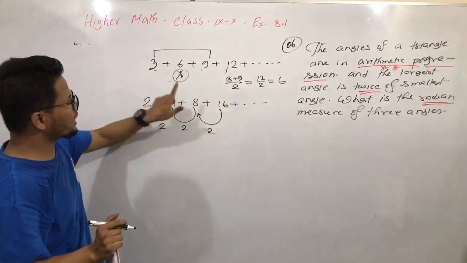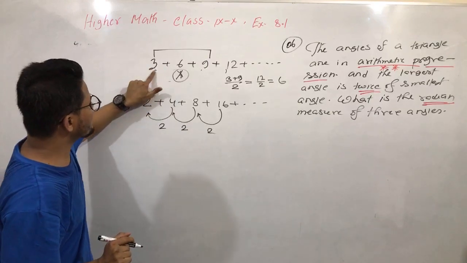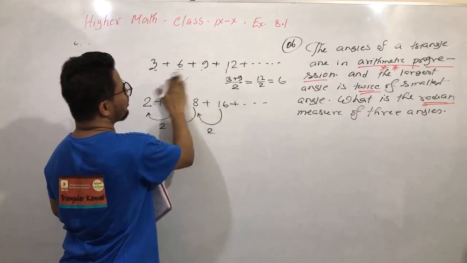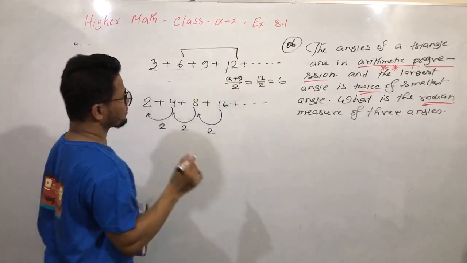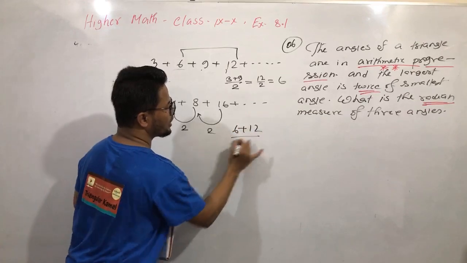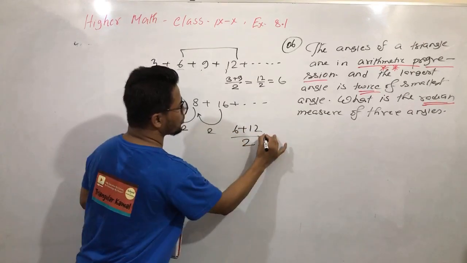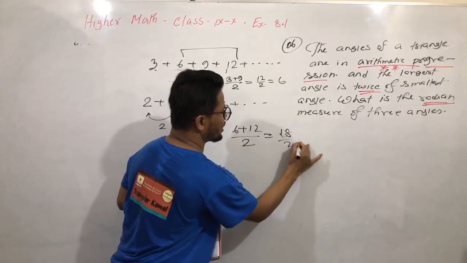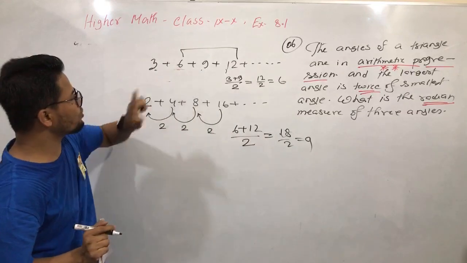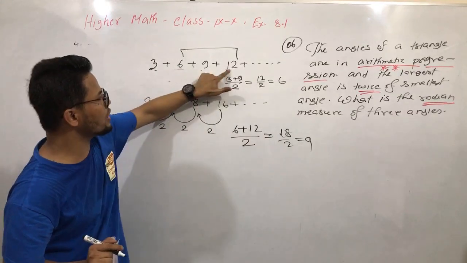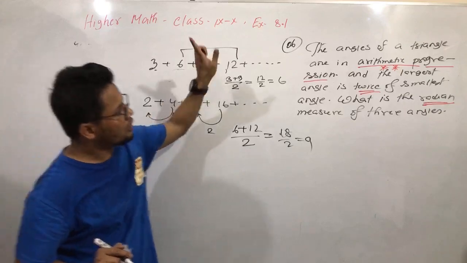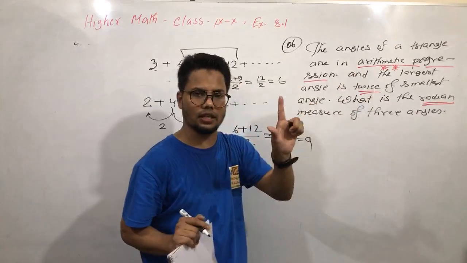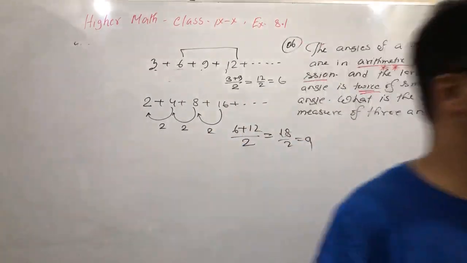আমি আবার একটু বলছি, একটা arithmetic progression এ ফার্স্ট এবং থার্ড এর এভারেজ হবে সেকেন্ড। লাইক যদি তুমি এখান থেকে ইমাজিন করো 6 plus 12 equal 18 divided by 2, and this one will be 9. Like 18 divided by 2 equal 9. তাহলে একটা arithmetic progression এ ফার্স্ট এন্ড থার্ড ওয়ানের এভারেজ হচ্ছে সেকেন্ড ওয়ান। তাহলে গ্রেটার অ্যাঙ্গেল এবং স্মলেস্ট অ্যাঙ্গেলের এভারেজ হবে অ্যানাদার অ্যাঙ্গেল। তাহলে এটাই হচ্ছে আমার arithmetic progressions।